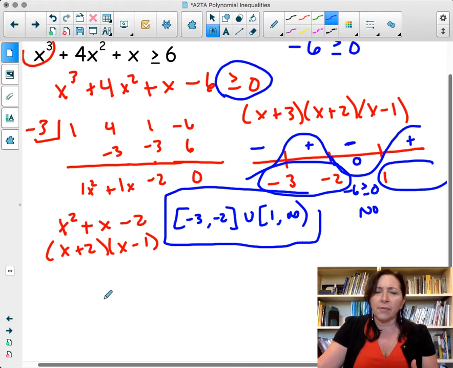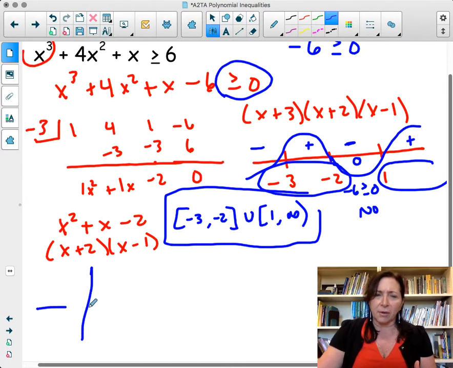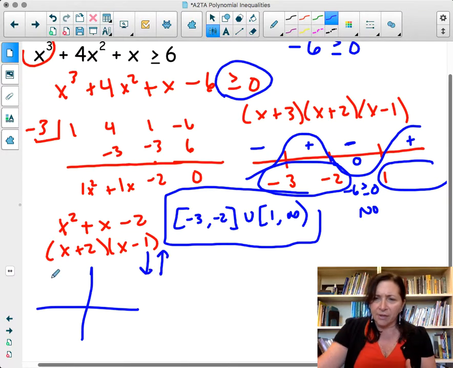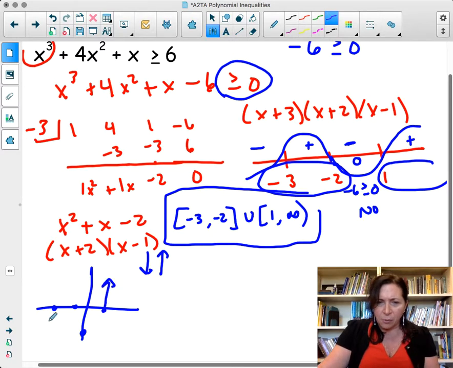And you can graph that. Again, you know how to graph that. That's a cubic, okay? And so that being a cubic, it's a positive, so it's upright, down left. And you would put your values, -3, -2, and +1. We have a y-intercept of -6. So your graph is upright, down left, and it just kind of swings around like this. And then the question again is, where is my graph greater than or equal to 0? So here